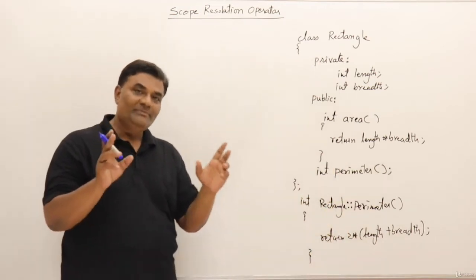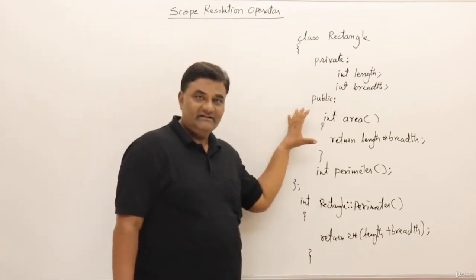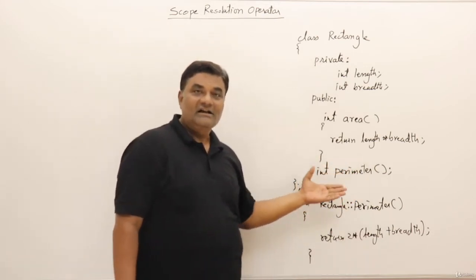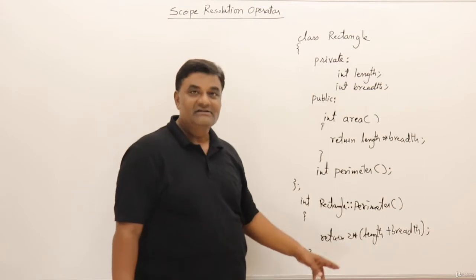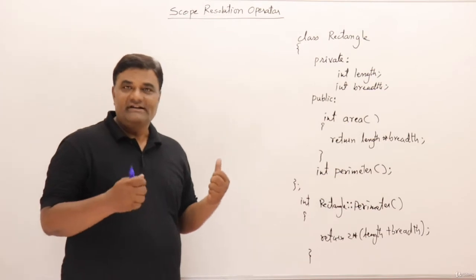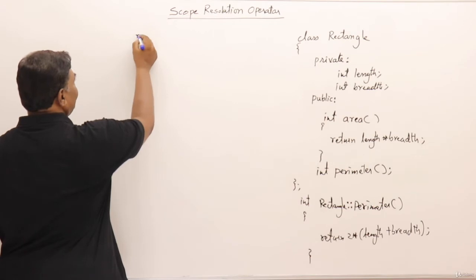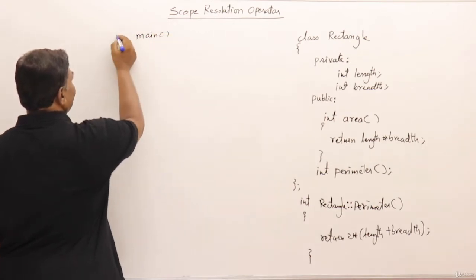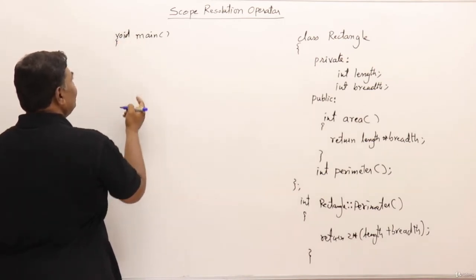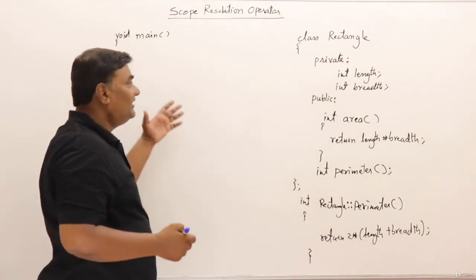Finally, there are two methods of writing a function inside a class. One is you elaborate the function inside the class itself. The second is you just write the prototype of the function and write its elaboration outside the class along with the scope resolution operator. Now let us see the difference between these two methods. Here I will write the main function, void or int, whatever it may be. I like writing void because I don't have to write a return statement at the end. Most compilers force you to write int only, but I am writing void.